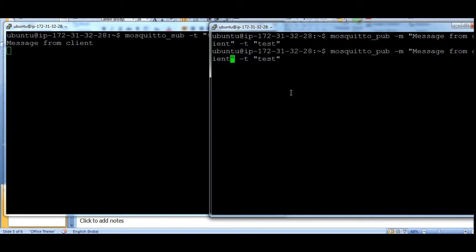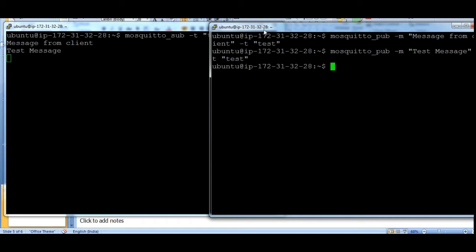If you want to send a different message, you can just edit that field here. This is the field where the message is going. I can just type in test message. Now whenever I hit enter here, you will be seeing that message coming up on this particular window.